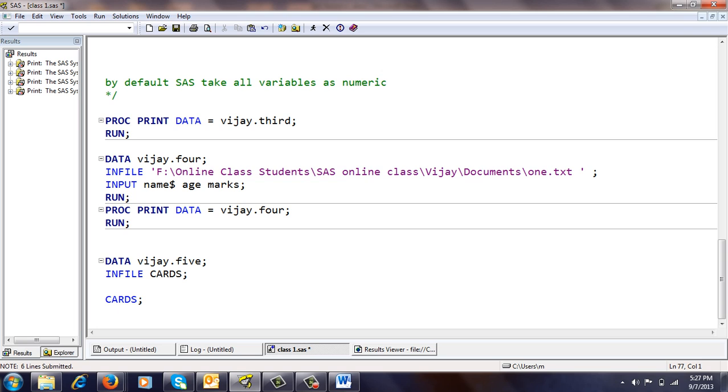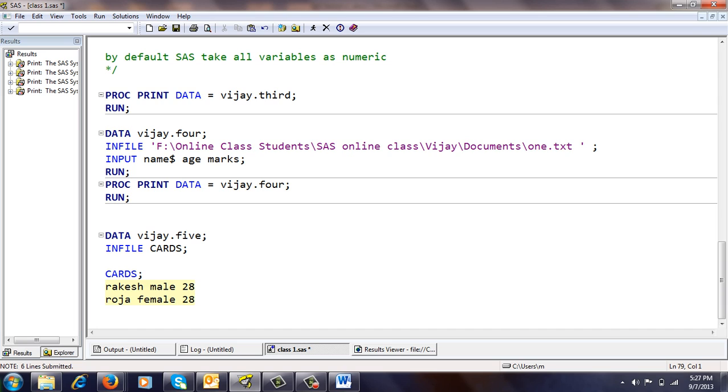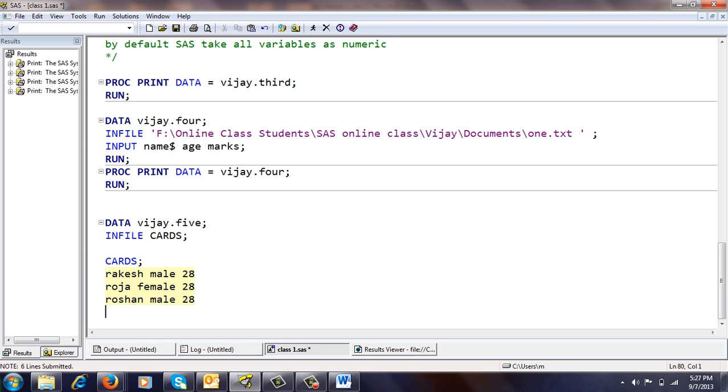I want to read here Rakesh, male, 28, Roja, female, 28, Roshan, male, 28. Three values are given here.